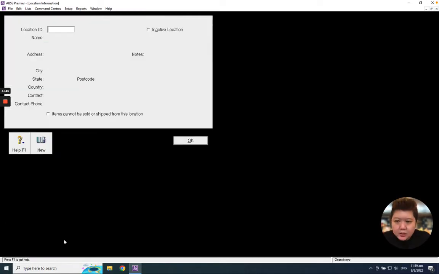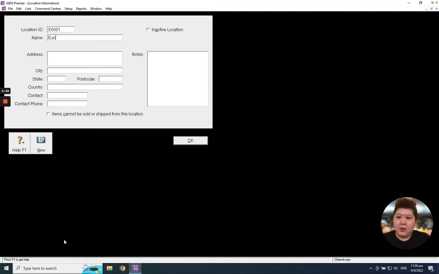If this so-called warehouse is maybe at UNOS, I'll put E001 as the ID, and for the name I'll put UNOS warehouse. Okay, the rest of the information depends on you, whether you want to key it in or not,